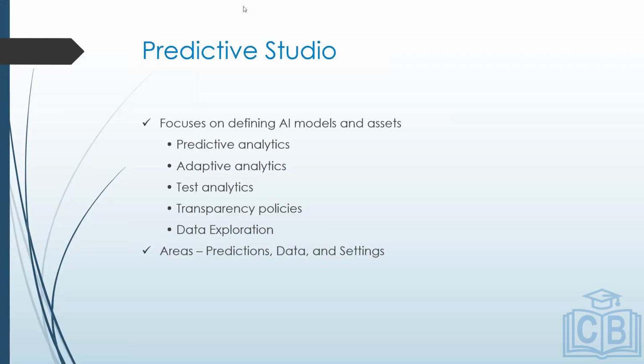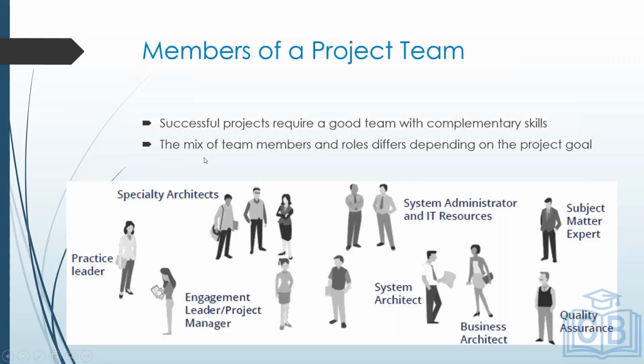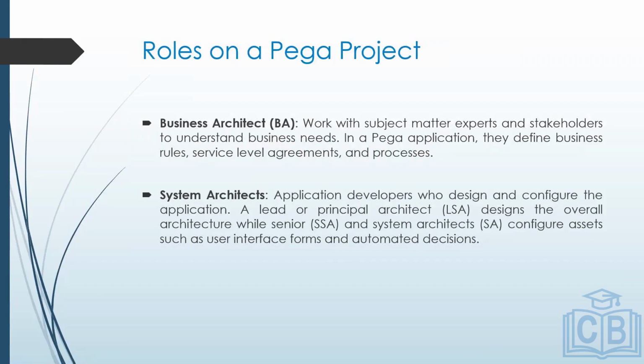And you look at the different roles on a Pega project. Just like any other project, here also we need a mix of people, people with different expertise. I put business architect as the first role because they are the ones who get to understand the business needs, talk to the product owners, get the requirements, and we are the ones who develop the skeleton of the application. Then come system architects, CSA, CSSA, LSA, to look after all the complex requirements, and they work on the Dev Studio.